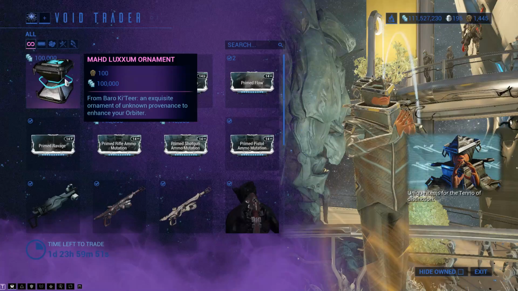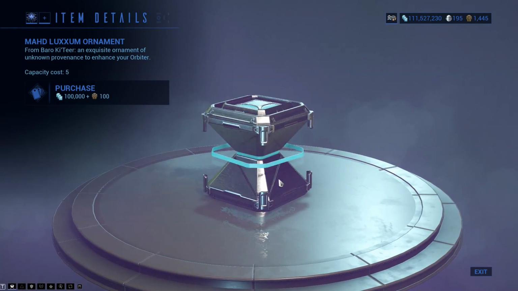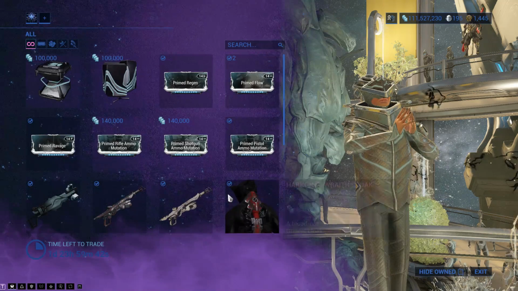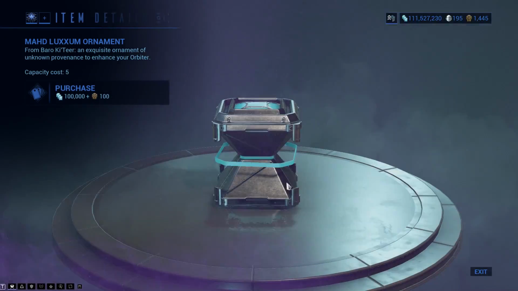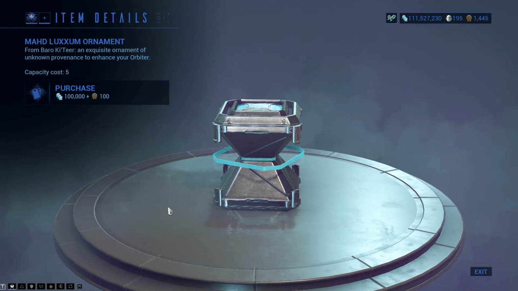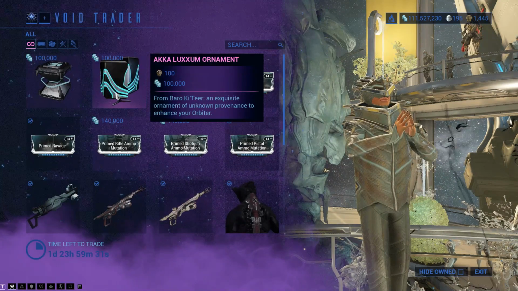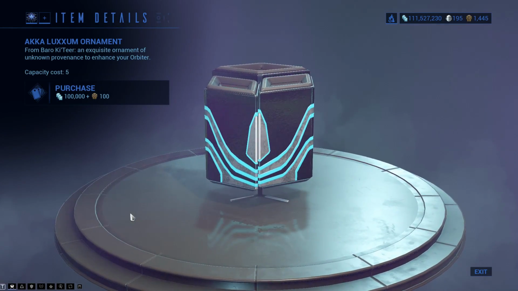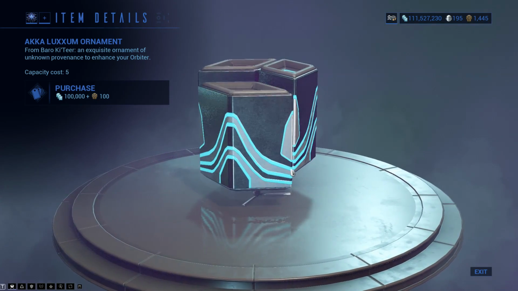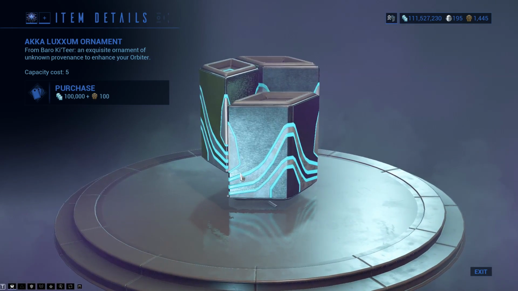He has an ornament for 100 ducats and 100,000 credits. I have no idea what that is supposed to be. Somebody may know what this is supposed to be. Comment section below, because I have no idea. There are two of them. There is also this thing that is kind of three triangle-y diamond-shaped things moving up and down each other, which...